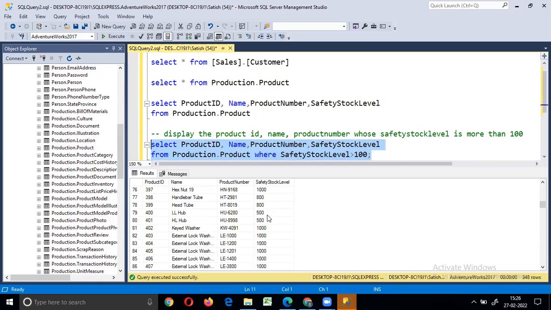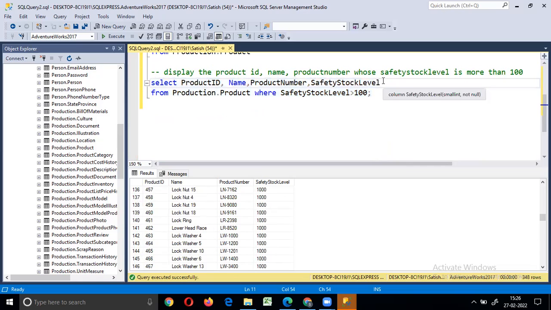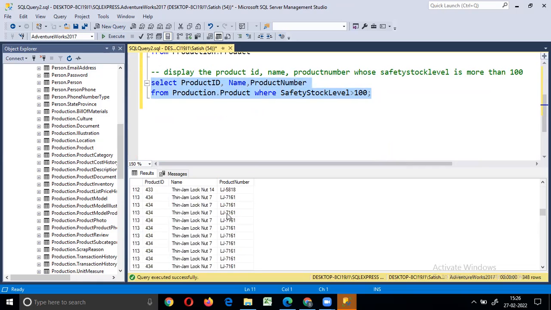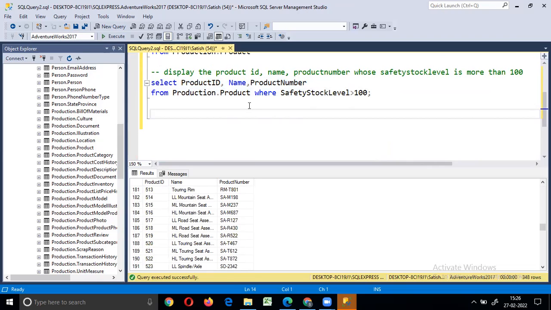Only those that have greater than 100 are going to be displayed. I just want to display the product ID, name, and product number. So we will display those things.